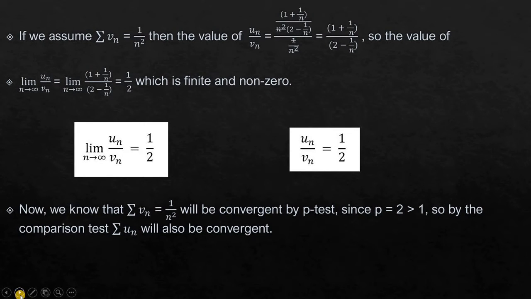Both of these are infinite series, and infinite series have a property that if you multiply a finite number to the series, its convergence does not change. So in this case, we have multiplied 1/2 to Vn, which is a finite number, and hence its convergence won't be affected. So we can easily find the convergence of Vn as we saw by the p-series test, and hence it was easy to determine the convergence of Un, which was a rather more complex function.